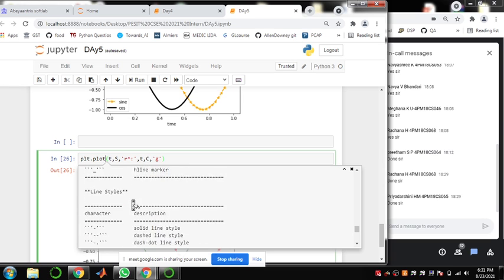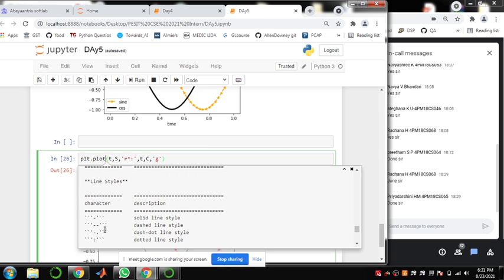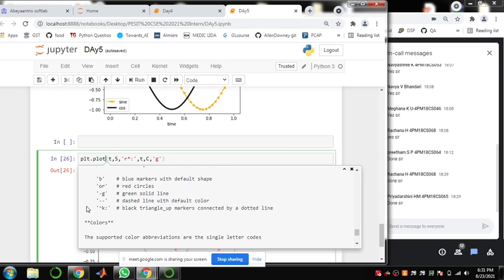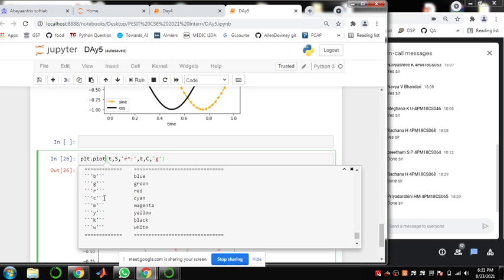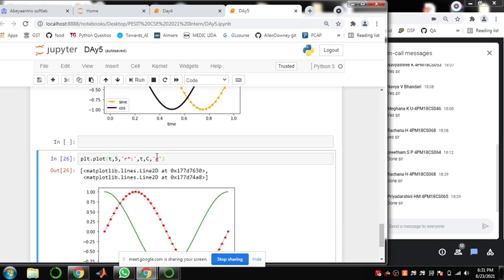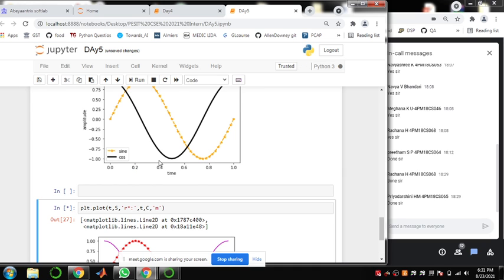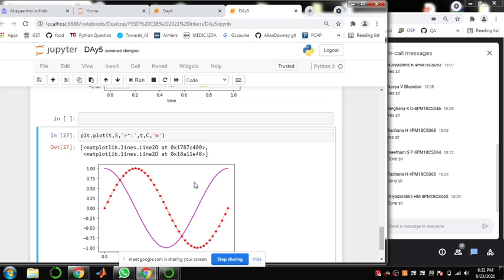These are the line styles available, and these are the color shortcuts here: BGRCMYKW. I'll plot it with magenta, that is M. Like this I can set different colors, different options.